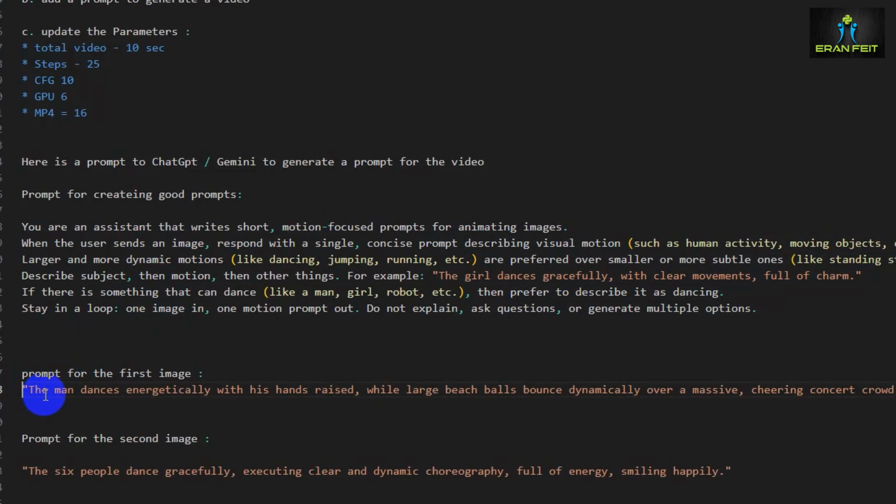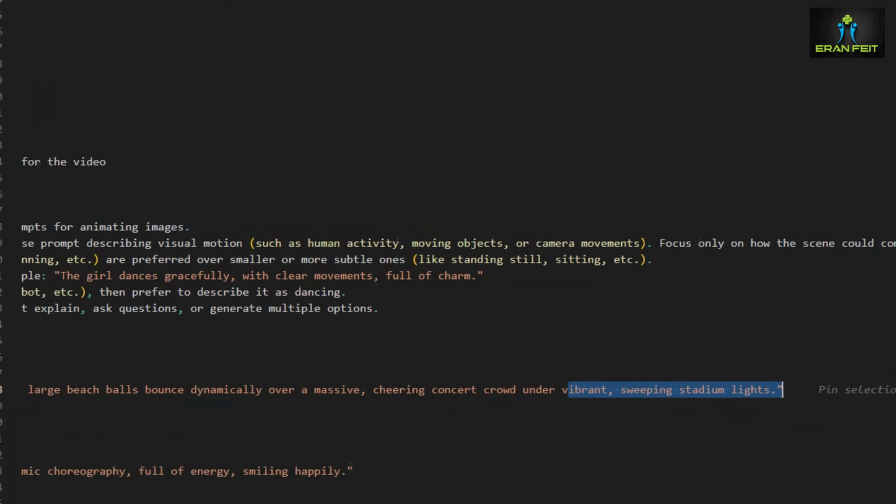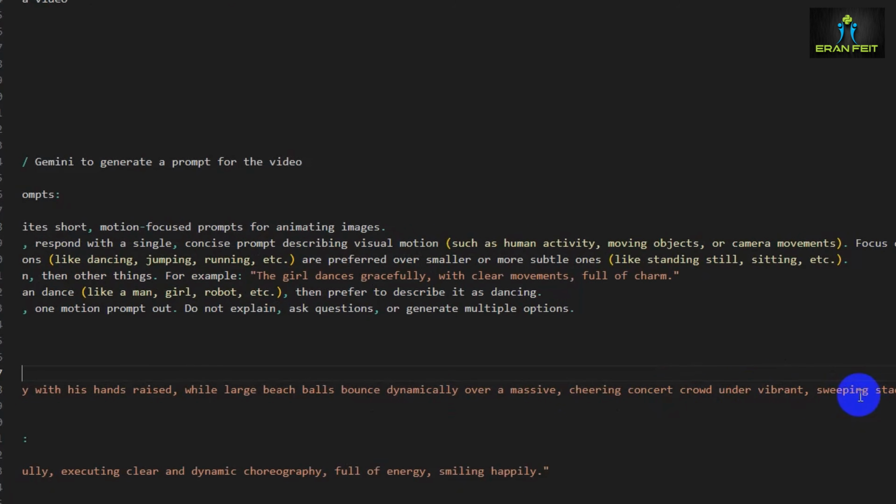The man dances energetically with his hand raised while large beach balls bounce dynamically over a massive cheering concert crowd under vibrant sweeping stadium lights. So this will be our prompt. So let's copy this prompt